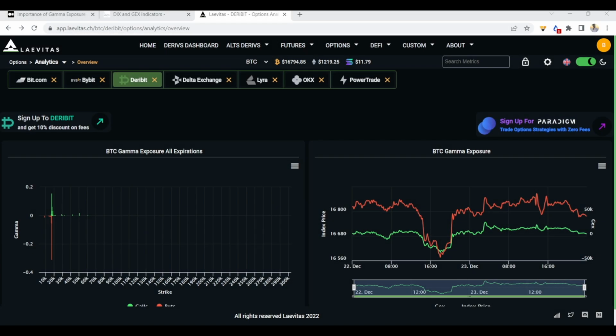Hello traders, today I'm going to be talking about gamma exposure, this one right here, BTC gamma exposure. I'm going to show you guys how you can use this in a profitable trading strategy. Now before we go into this direct indicator, I'm going to give you guys a bit of the background on